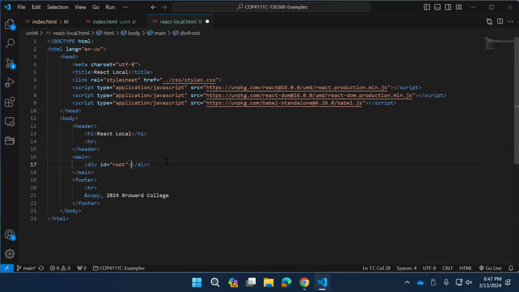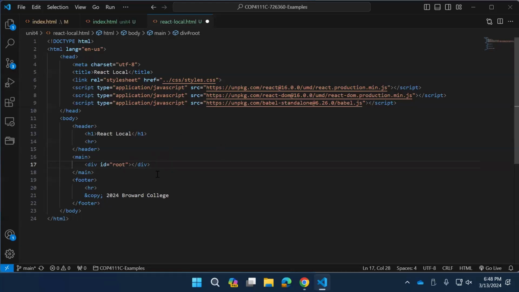And typically you want to do it in either the body or in our case, we're doing it in the main within a div, and we give it an ID because when we tell React to update the DOM from the shadow DOM, we have to tell it which element in the DOM the shadow DOM should update. So in this case, we're giving it an ID of root,